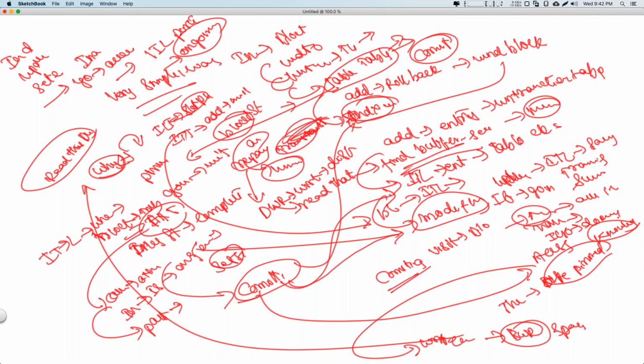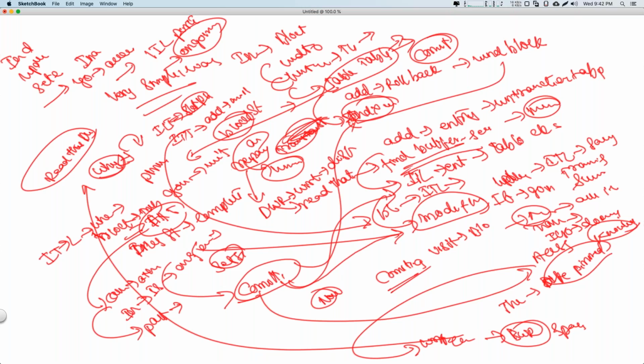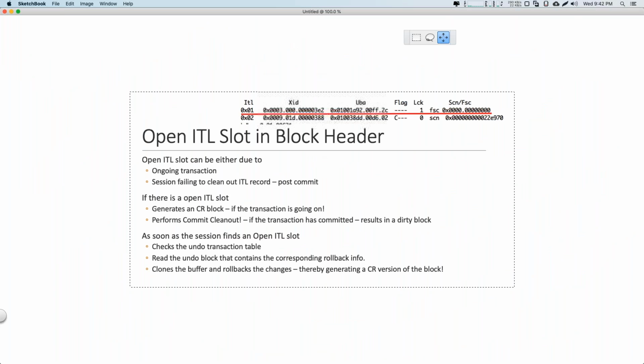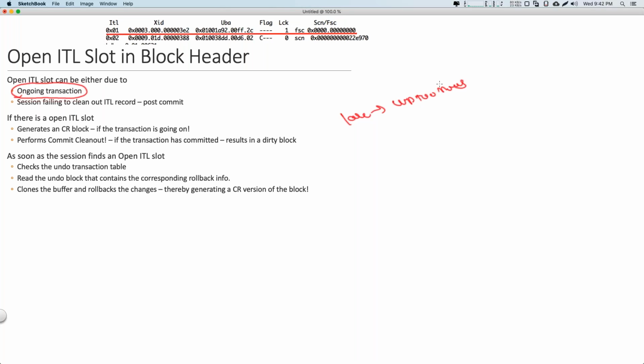Yes, Vishnu. So now, coming back to my original slide. There are two reasons why an ITL slot can be open in the block header. One is due to an ongoing transaction. If I'm making a large transaction wherein I am updating too many rows, I'll have that slot open till I finish that particular transaction. This is one scenario. The second scenario is